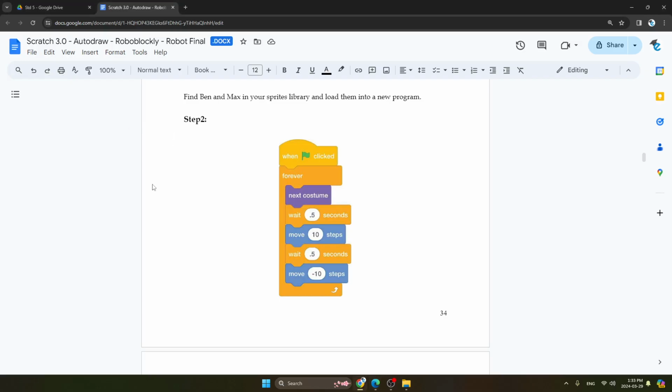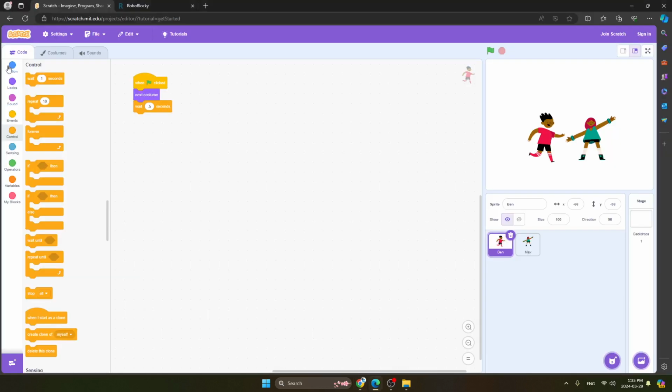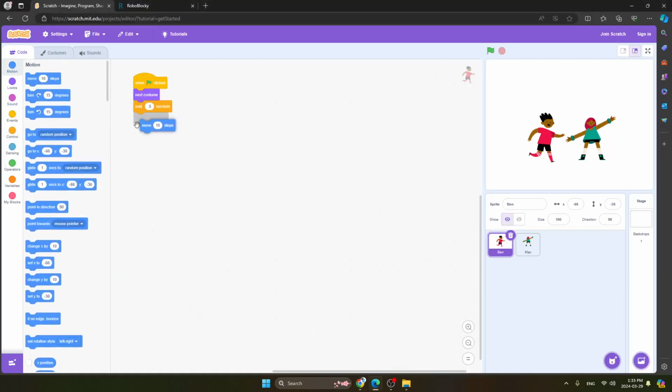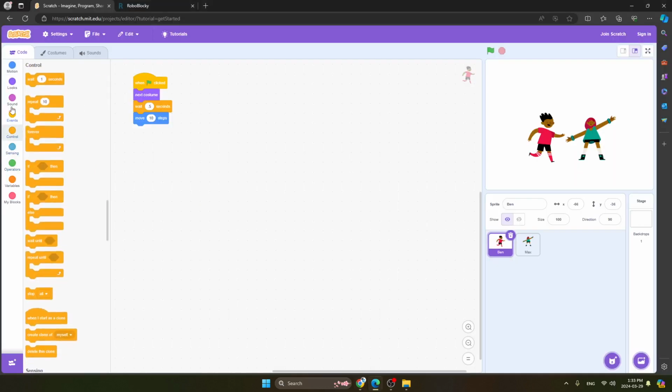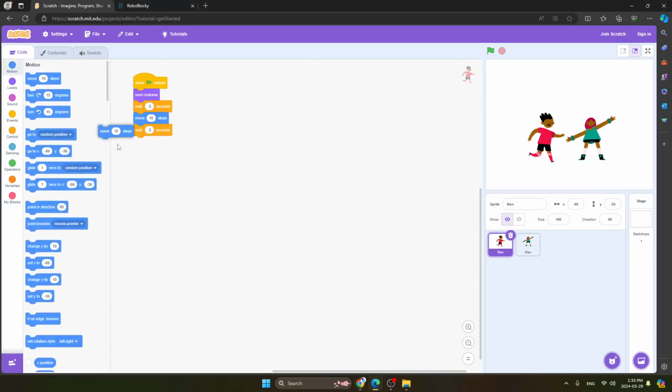Next one we will take is move 10 steps. The next one we will take is wait again 0.5 seconds. And the next we will take move minus 10 steps.